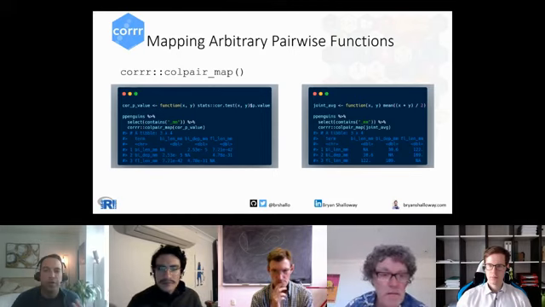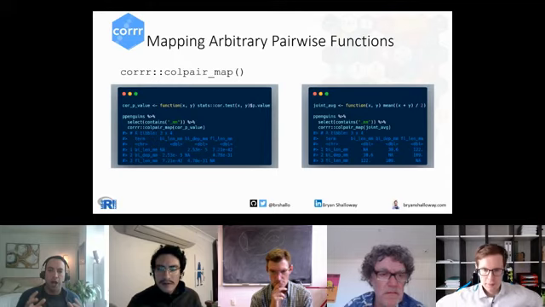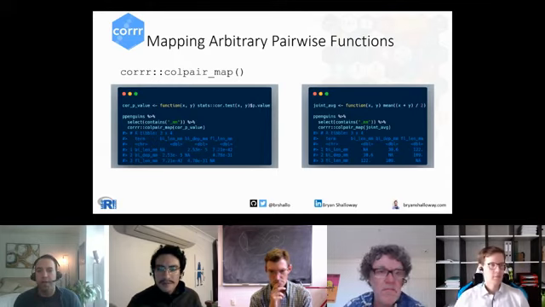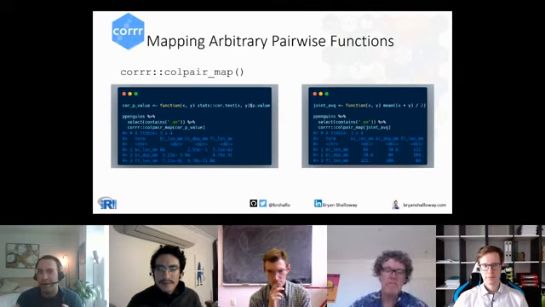And I think without pair map, you might end up using something like base R's combn function or some other approach. But I think this gives a nice, almost easier to enter wrapper, rather than having to figure out how to set these columns up yourself.